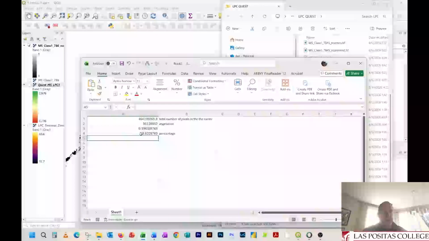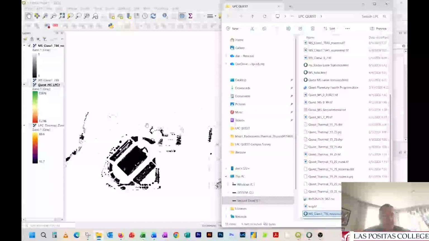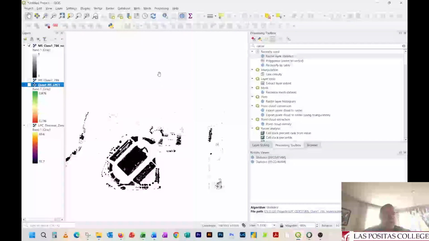So essentially, that is 19% of our total, in this part of campus, is vegetated, right? Again, that's the vegetation. And so that's how you can run some really basic statistics here, right? Is using the raster calculator. The same thing is true, that you can run ranges, right? Like, for example, if we do one last thing, maybe we want to look at,